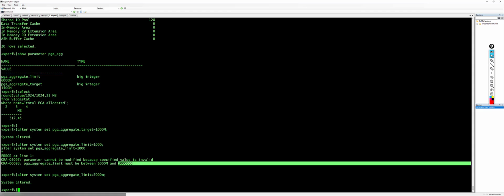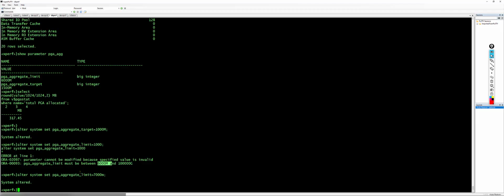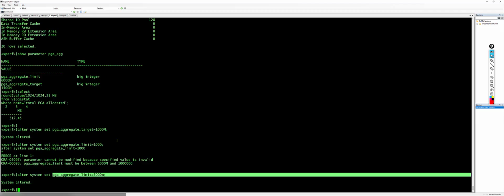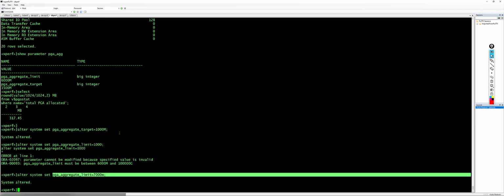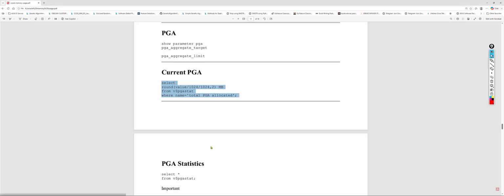Oracle had made a standard that PGA cannot be set to a lower value, but this is a dynamic parameter. We can modify it when the database is running. The only thing is it was related to SGA. So SGA hard limit cannot be modified. But PGA hard limit can be modified. So next comes the